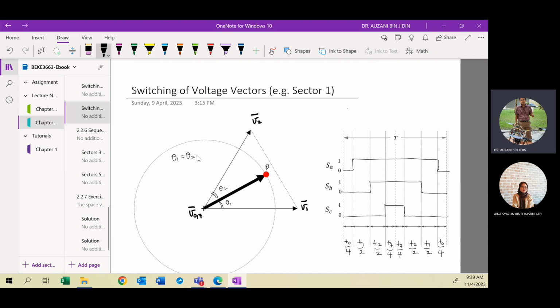Okay, so what is the effect on your on duration for this case? Is it different or the same? The value of TA and TB. The value will be the same because your space vector is located at what angle? 30 degrees. So this is 30 degrees. Here also 30 degrees. So when you sketch properly the components of vectors to produce the space vector V,